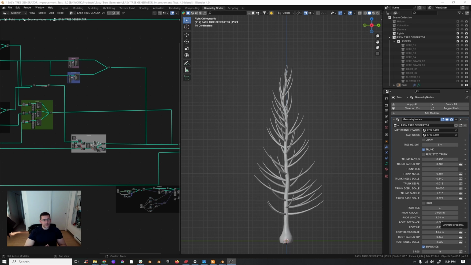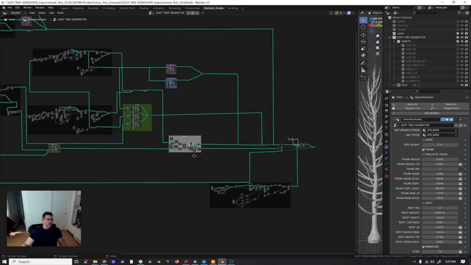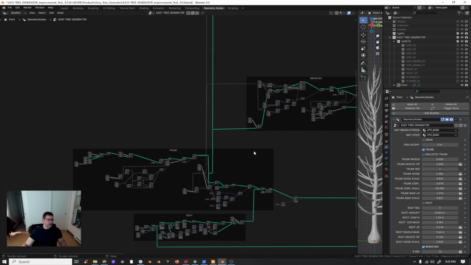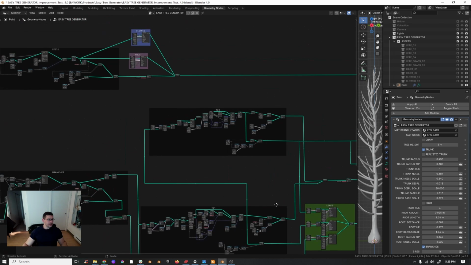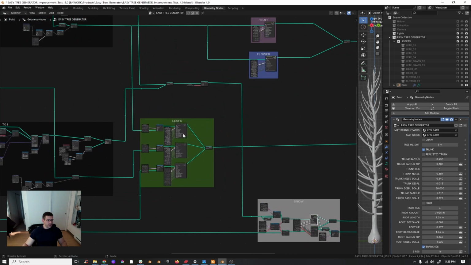And the point is being able to create a tree, a plant, grass, all kinds of vegetation, or at least a big range of vegetation with one simple geometry node setup. Actually, that's not that simple, but I was trying to cover all the options with this tree,